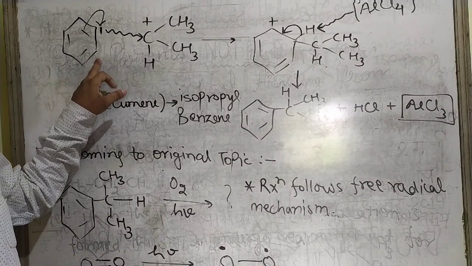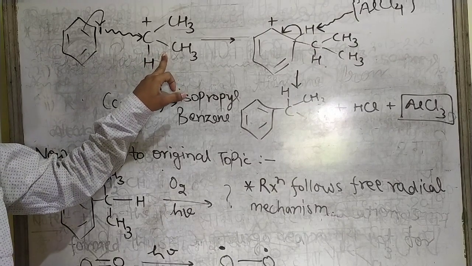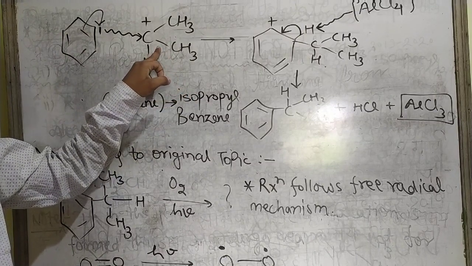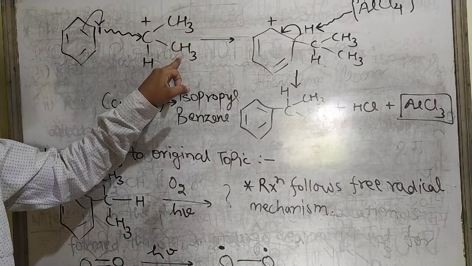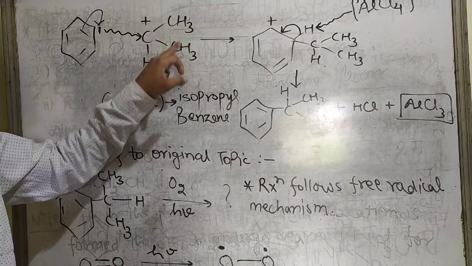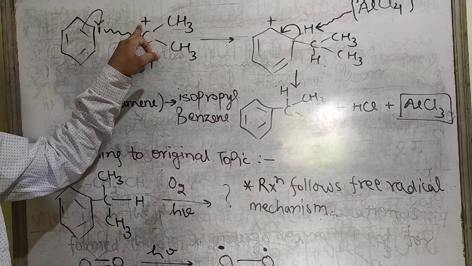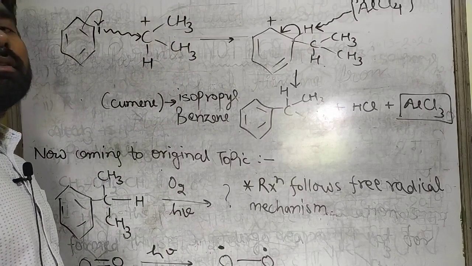This is the process. This electrophile has been formed. 1 degree carbocation was transformed into 2 degree carbocation. This is 2 degree carbocation, and it will get stabilized by the plus I effect of the methyl groups. These are the 2 methyl groups which are supporting this carbon to reduce its positive charge via plus I effect of alkyl group. Alkyl group shows plus I effect.